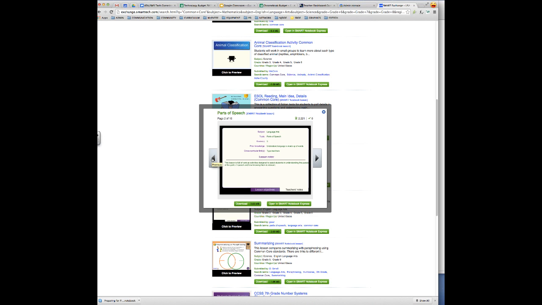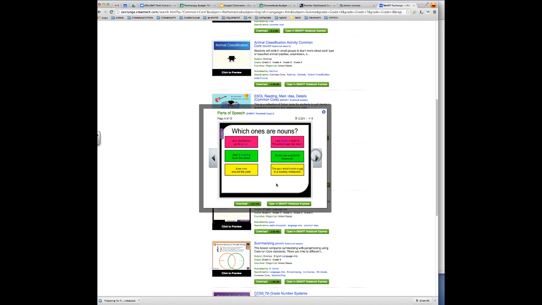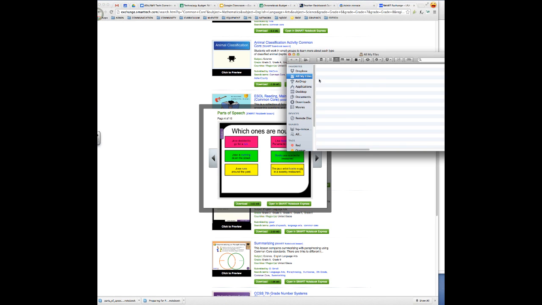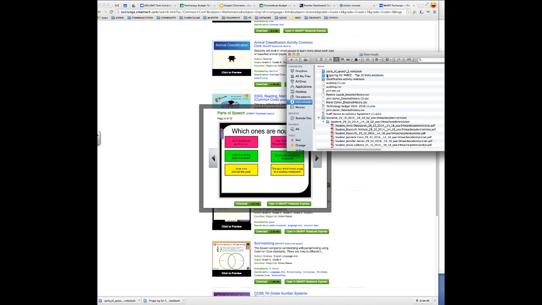So a lot of the Smart Notebook lessons will display not only the lesson objectives, but also teacher notes written to you as the teacher to give you an understanding of how the lesson should be carried out or could be carried out in your class. So you can choose to use those or not, but I think that they're actually very helpful. This is something that I'd want to download, so I'm simply going to click on download, and you'll see that it's downloaded here. That's because I'm using Chrome. You'll also notice that it would be in your Finder listed underneath downloads. Okay, so anything that I've just recently downloaded is listed here as well,